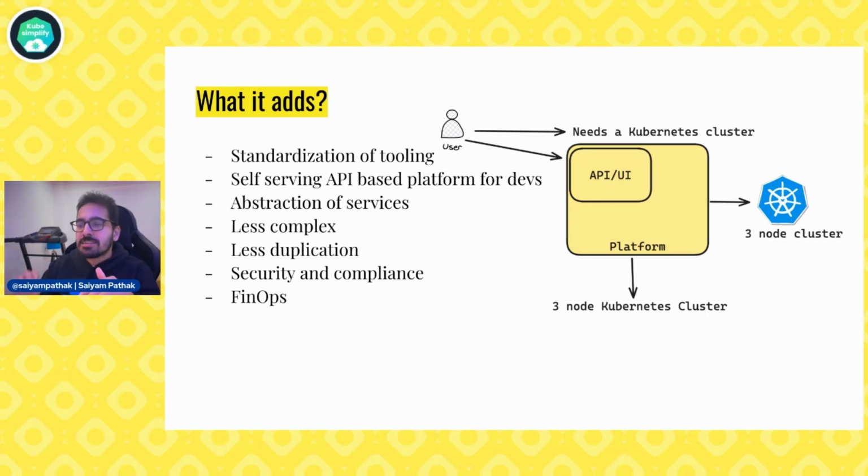So with platform engineering, what happens? There is a single platform, as you can see in the image. A user or a developer just says, I need a Kubernetes cluster. They will have an API or a UI, which they'll request it through, which is actually the platform. And the platform will give a 3-node cluster. That's it. They don't need to specify which cloud. They don't need to understand the standardization. They don't need to understand GKE, Civo, or whatever Kubernetes cloud provider they need. They don't need to do POCs on that.